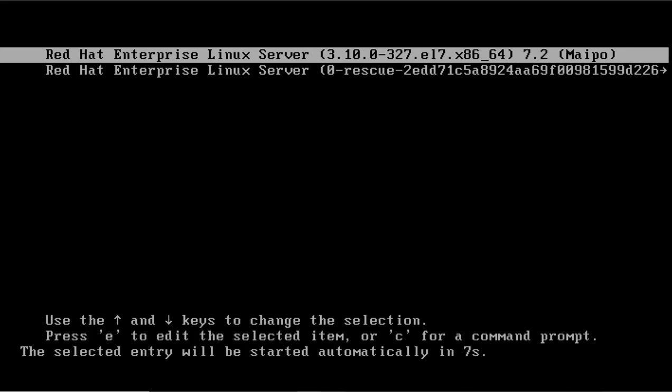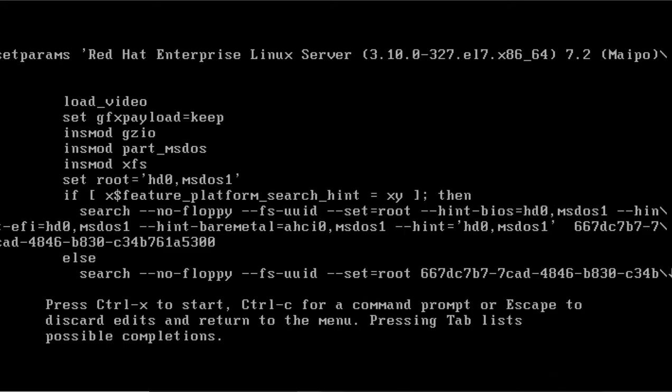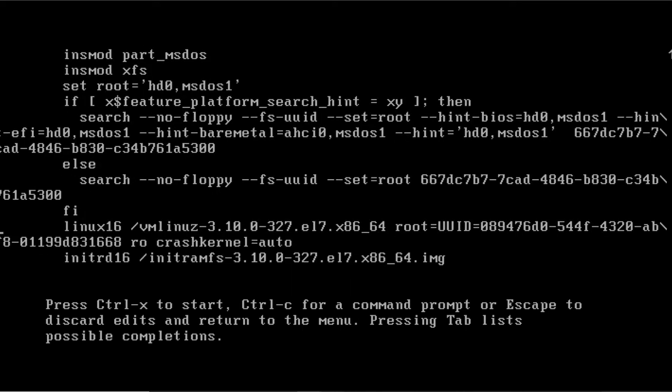Okay, so in RHEL7 also we will reboot the system, select the kernel, and press E to edit. Then we go to the kernel line and add a parameter called rd.break. Now what will this parameter do? It will actually break the boot process when the initial RAM disk is loaded and our main file system is loaded into the sysroot directory.